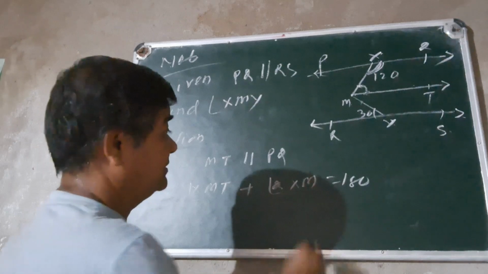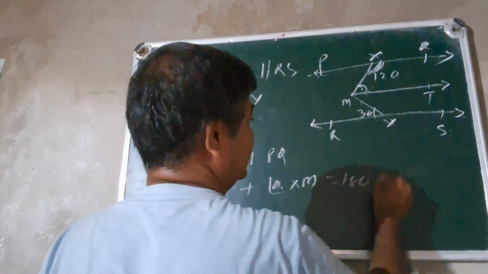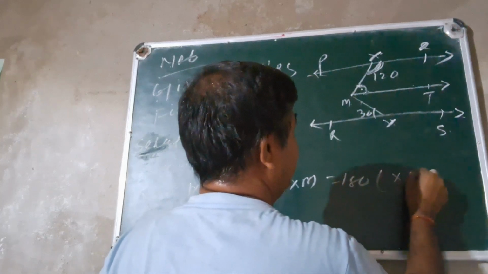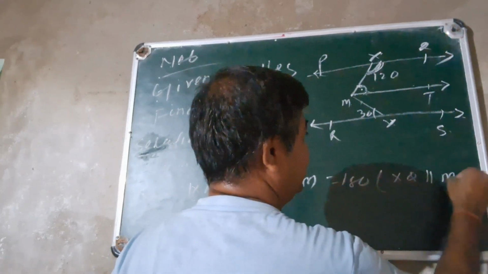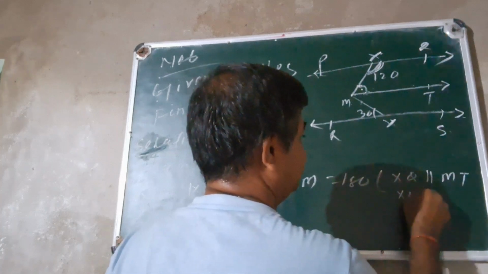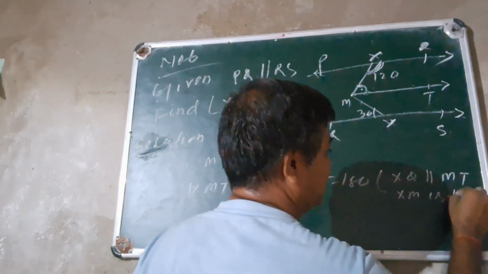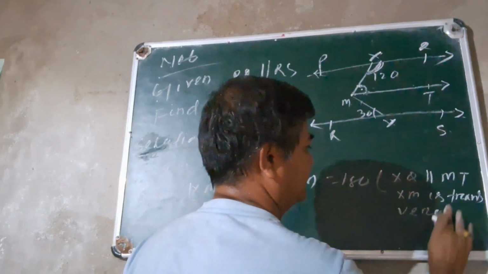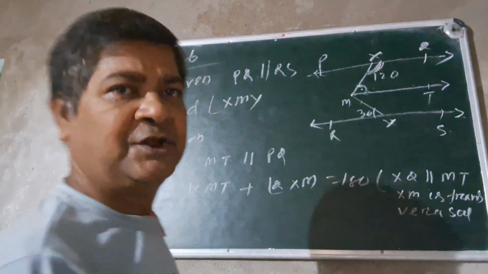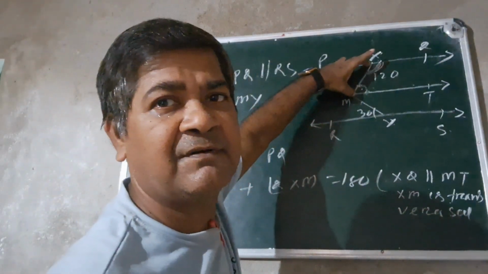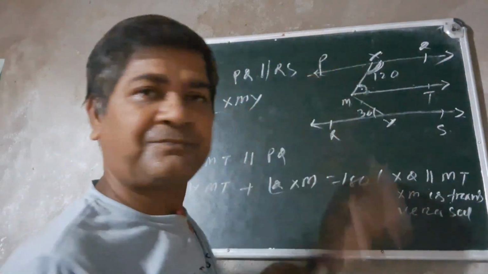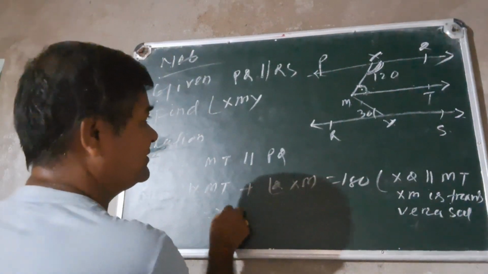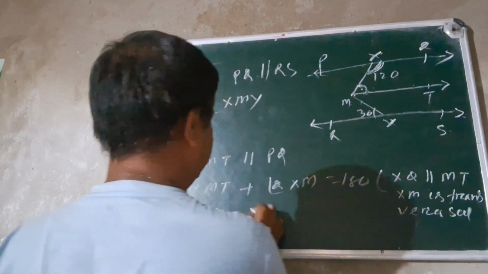Why is this 180? Because QX is parallel to MT, and XM is the transversal. Two interior angles on the same side of the transversal. How is it 180? That implies XMT